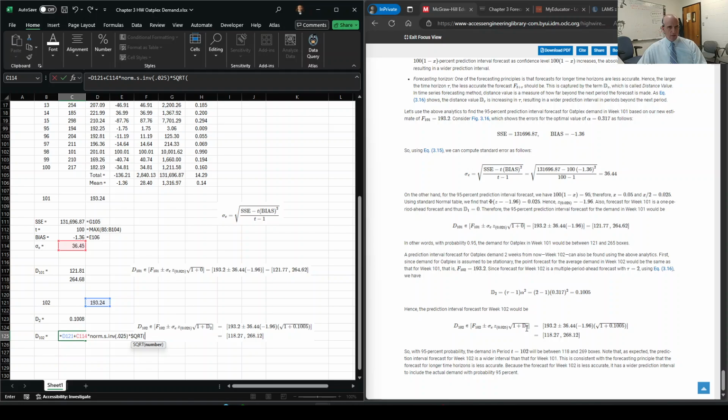The reason we're doing that is because this is a multi-period ahead forecast. That's the difference between going multiple weeks ahead versus going a single week ahead. Notice how this is 1 plus 0. The 1 period ahead forecast has a D1 equal to 0, so it's actually embedded in here. The 1 plus D2 is a non-zero component. We put that in here. So we're going to do the square root of 1 plus that D2, close the square root, and that should give us the